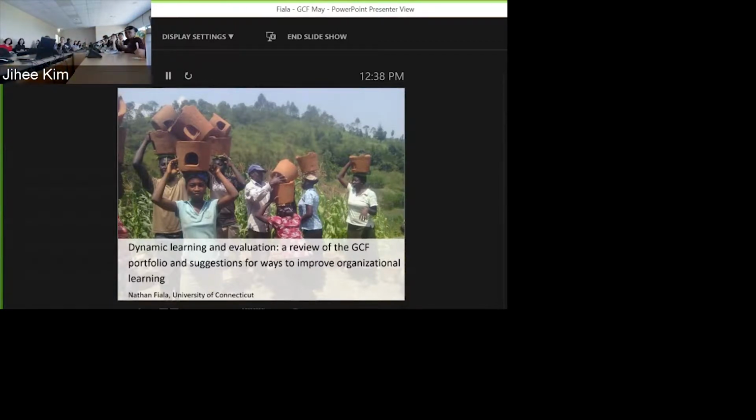Mostly what I work on are large-scale projects implemented by governments or the World Bank or other large NGOs. But what I'm really most interested in personally is how to improve organizational learning. So what do you do once you've done an impact evaluation? How do you translate that into actual changes within an organization? But how do you also make sure that the evaluation that you're running is relevant for the organization itself?